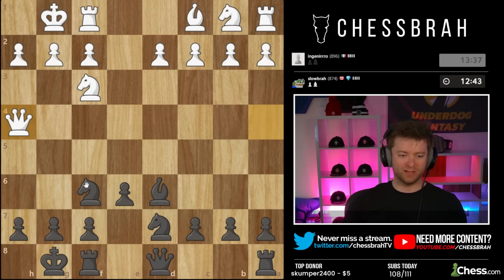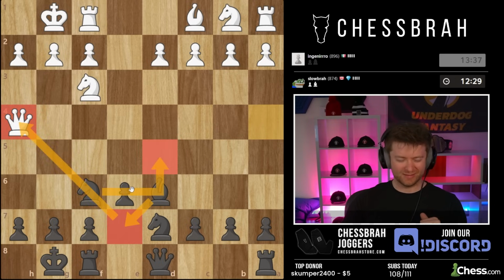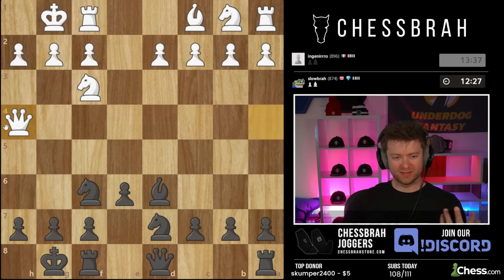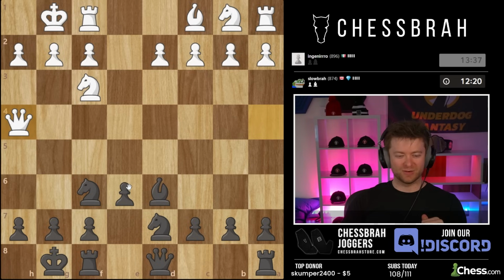I'm definitely looking at h6, but I don't think we need to play it now. I think we can wait. Rook e8 to play e5 looks kind of nice. Bishop e7 to maybe do something on the queen seems silly to me because he's ready to move the queen again easily. There's no big threat I can create by moving this knight. So those all seem pretty